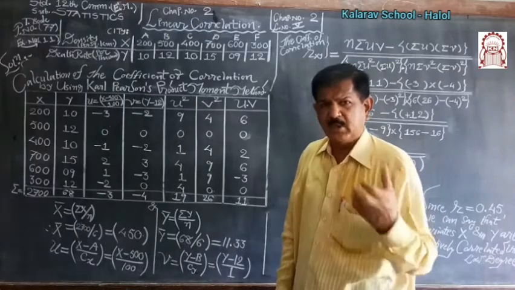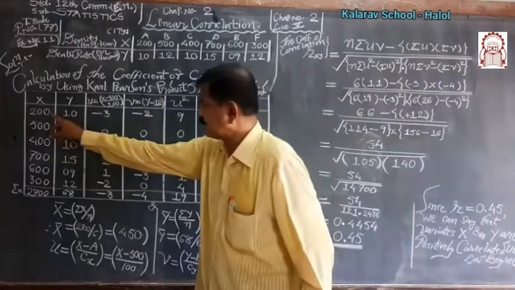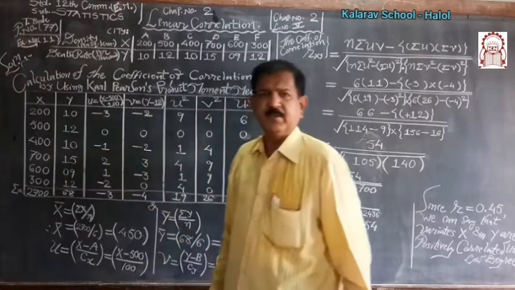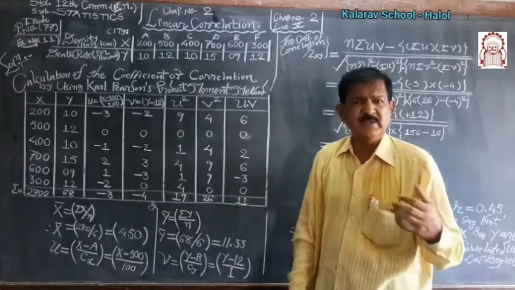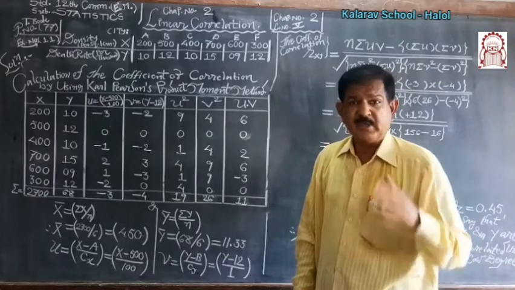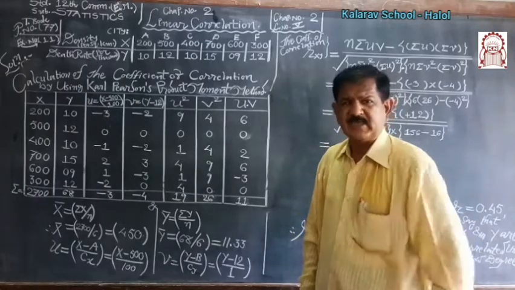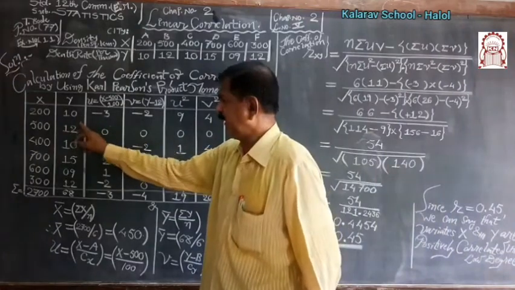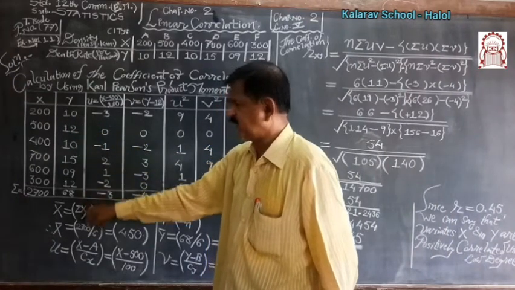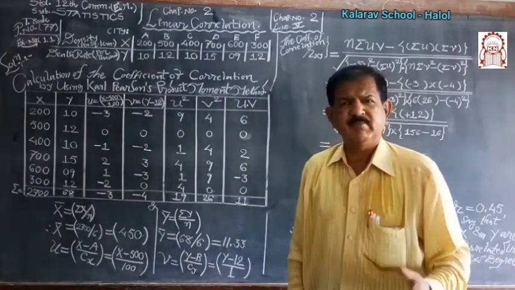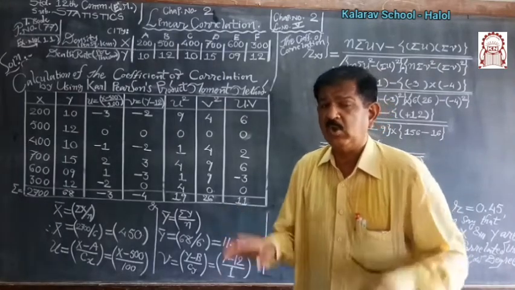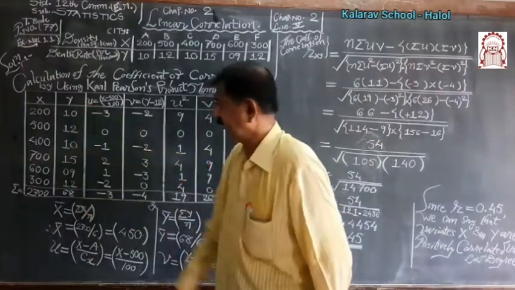Here we observe that the data series x is 200, 500, 400, 700, 600 and 300. Each value of x is divisible by 100. Therefore 100 is a common factor for the series x. While in the case of y, there is no common factor: 10, 12, 15, 9, 12. Some of the numbers are even, some are odd, and that is why there is no common factor in series y.